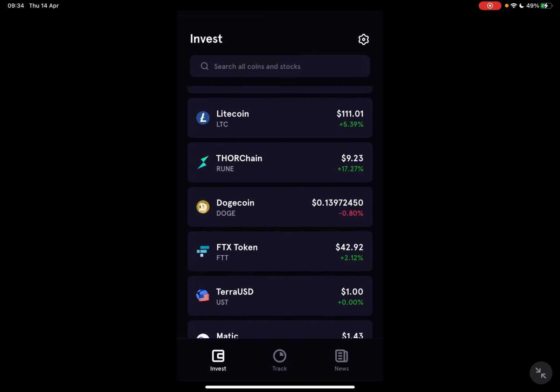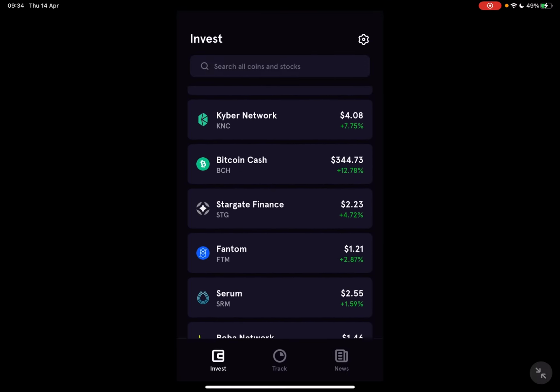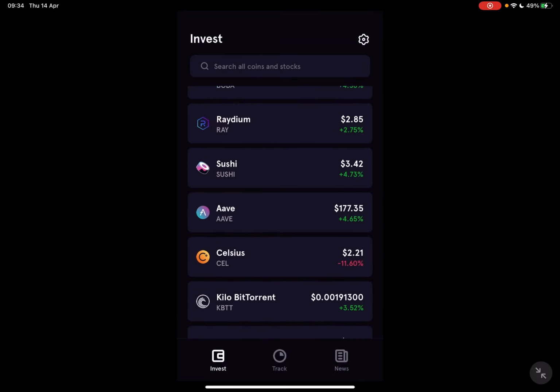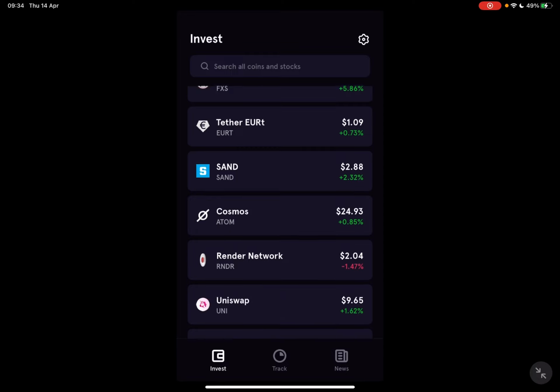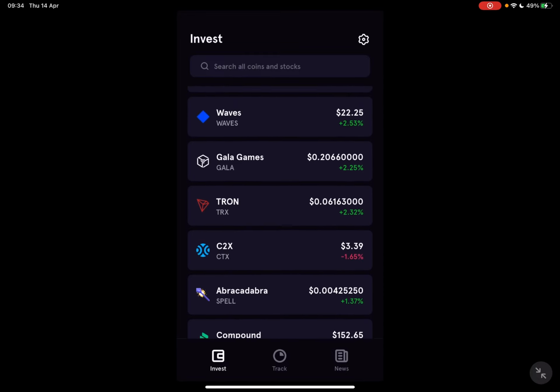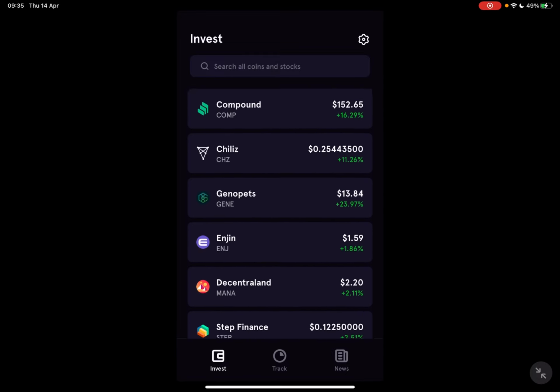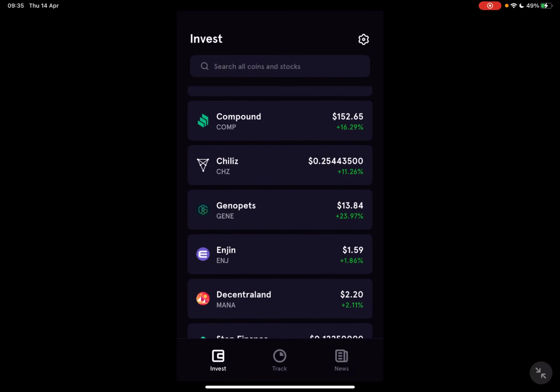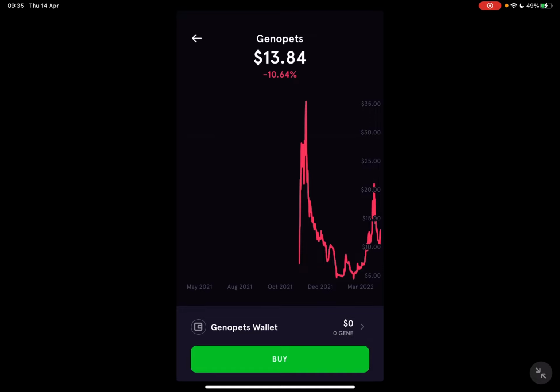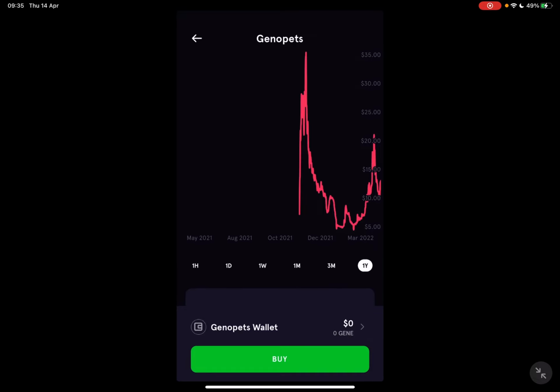And here you can see some of the most popular cryptos on the side. So if you scroll down here, it's always a useful thing because you can find some new cryptos that might be worthy to invest in. So yeah, here is Genopets, and when you choose a crypto, you just have to tap on it, and it's